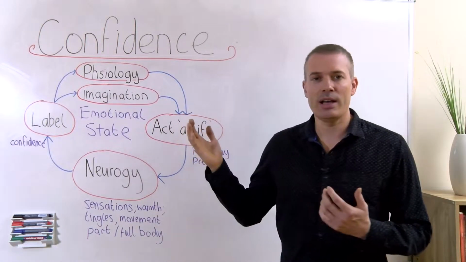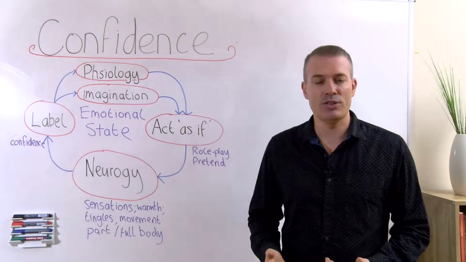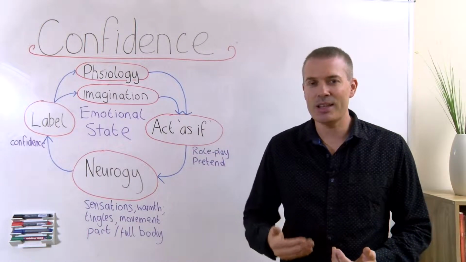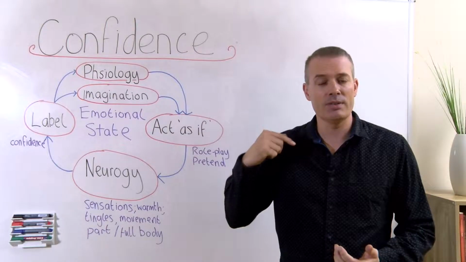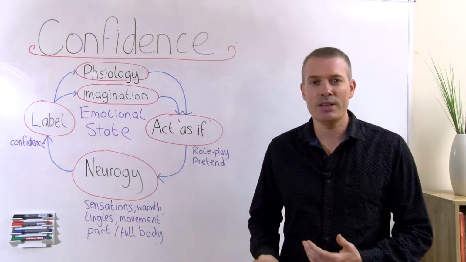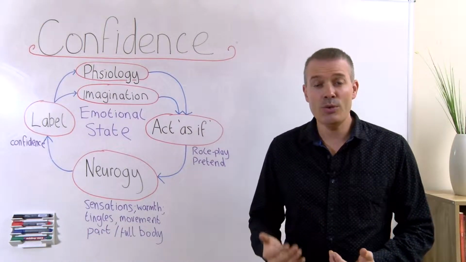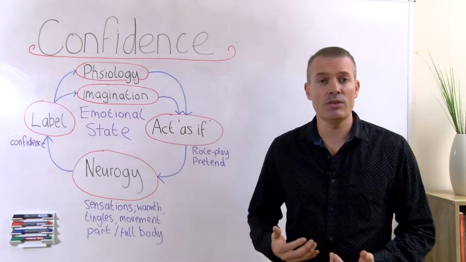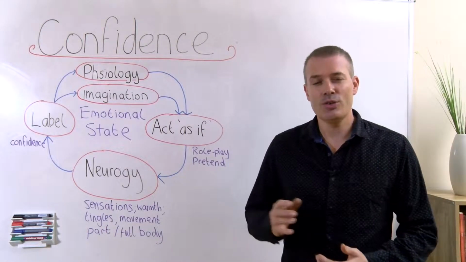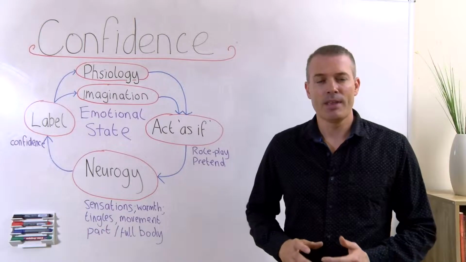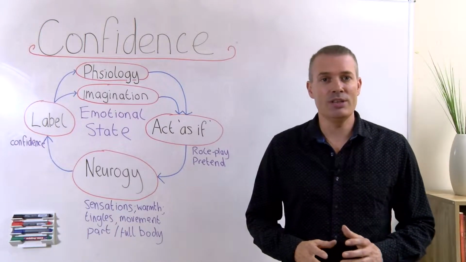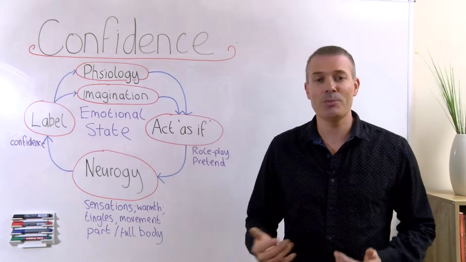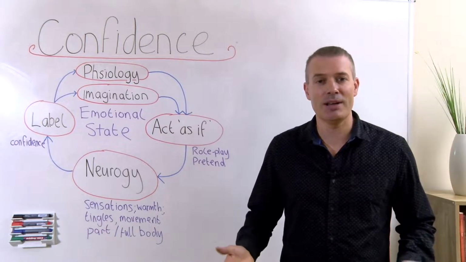So then we also have the pathway of imagination. And this is basically what you're doing inside your mind. What you're doing when you visualize, when you hear sounds, how you are actively engaging in your own imagination. So you can actually do this deliberately. We all use our imagination to affect the way that we feel. Whether we like it or not, it happens automatically.